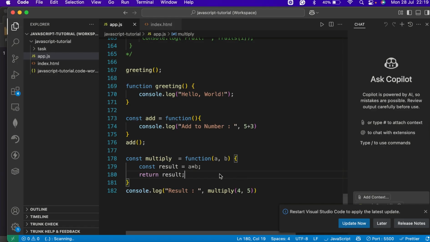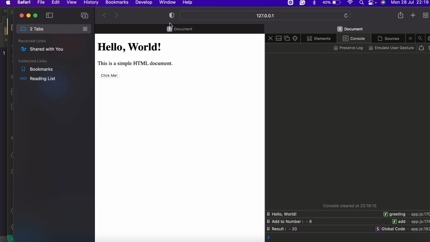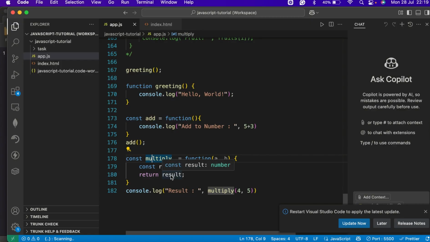I see. So return the value back to the function. If I save like that, and then I refresh, I see I'm having 20, right? So that's what return does. Return the value. If you are not returning anything, it is void. But if you are returning something, the value will be returned back to the function that is calling it,